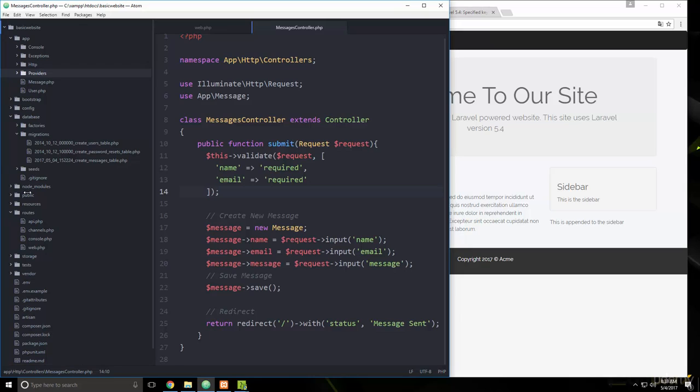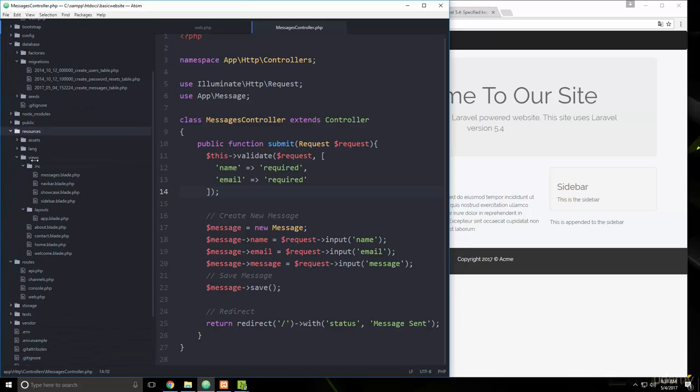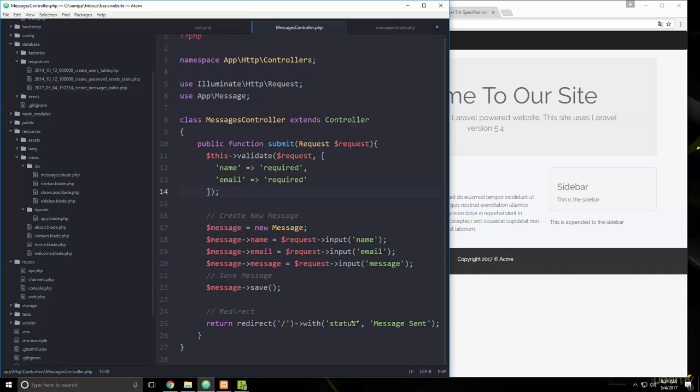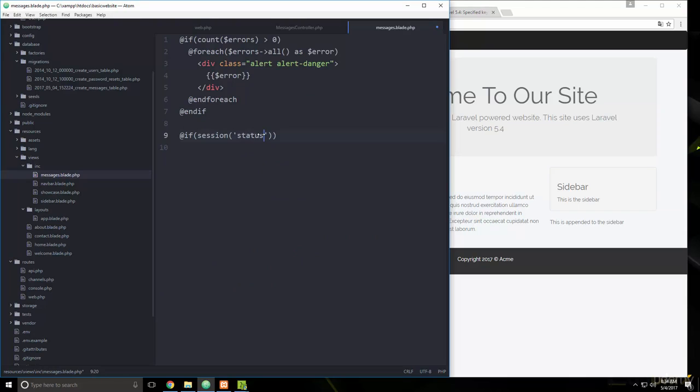I'm going to use the message include. So in views inc and then messages.blade.php, we'll go right under where we did the errors, and we'll do an if. We'll say if session status. Actually, instead of status, let's put success. Okay, and then if session success,